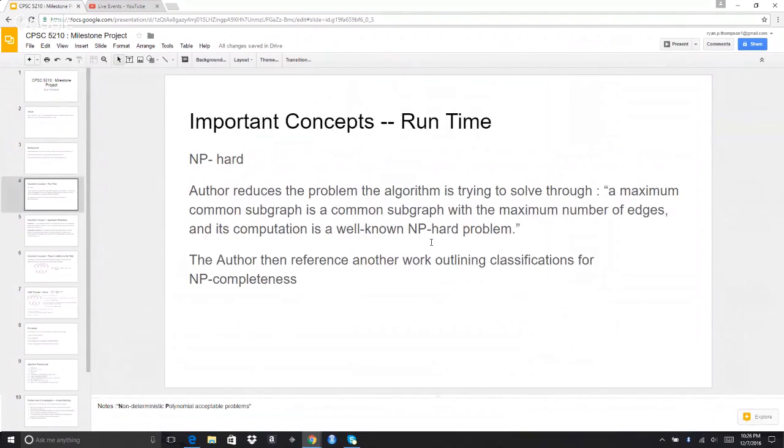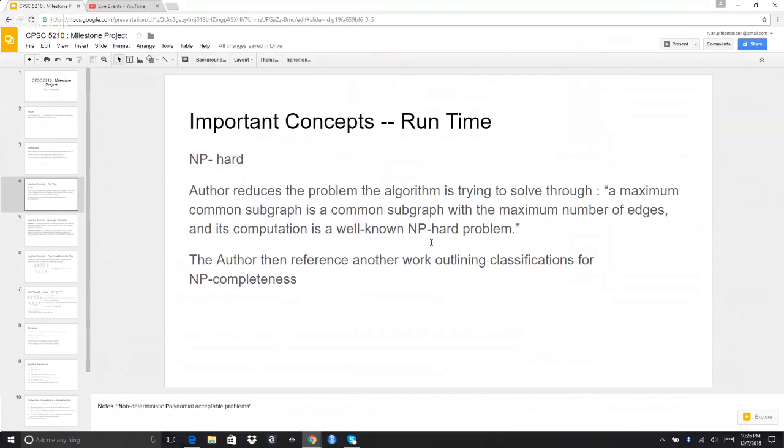So we're going to review some important concepts in the paper that are fundamental to it. Of course, the runtime is an important component of this, because any searching algorithm, or really kind of a branch and bound concept, is really interested in what is the runtime, because many of them will end up calculating along the same line, but the question is how fast, or what are the bounds that you can collectively prove that your algorithm will operate inside of. So the authors classified and back up this classification